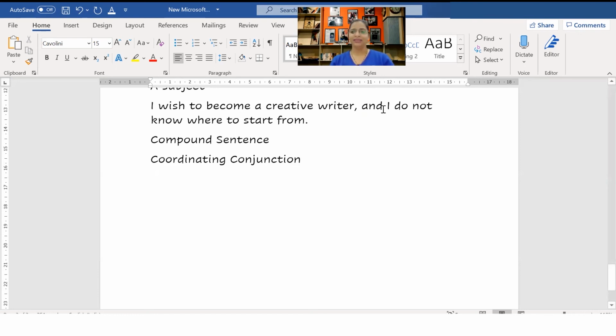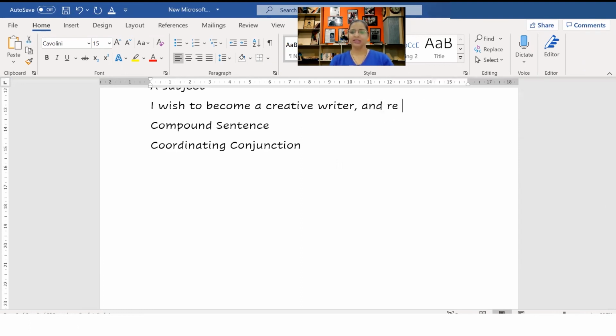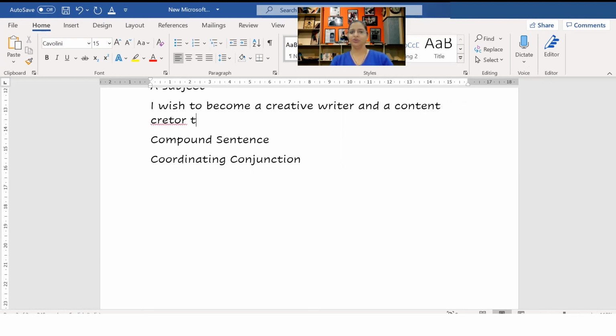So why did I use a comma here? Because these are 2 independent clauses. When there is a dependent clause, like I wish to become a creative writer and a content creator too, then there will not be a comma, right?